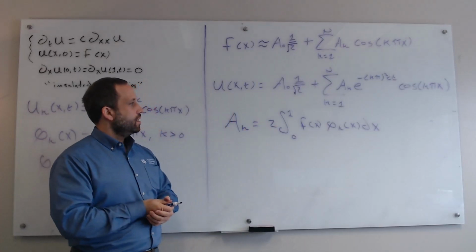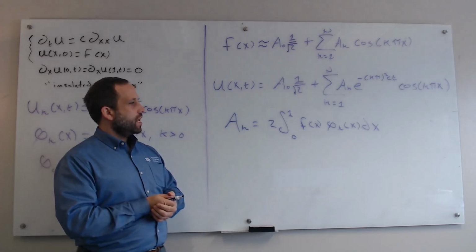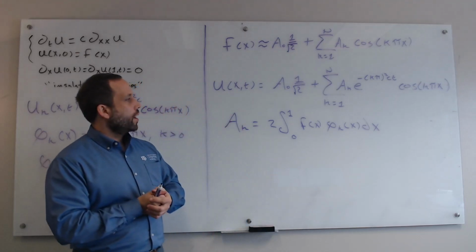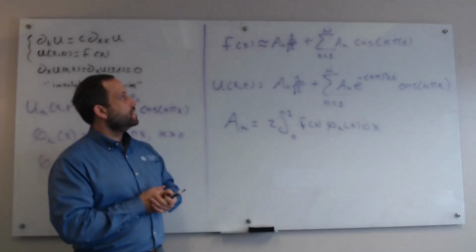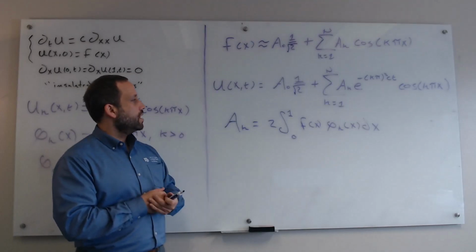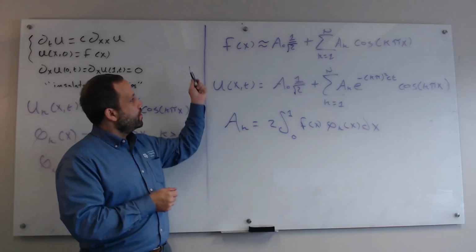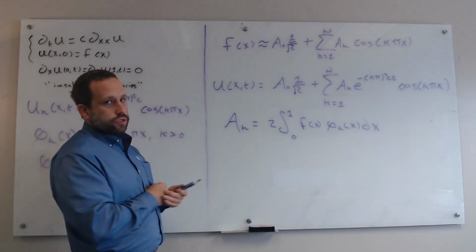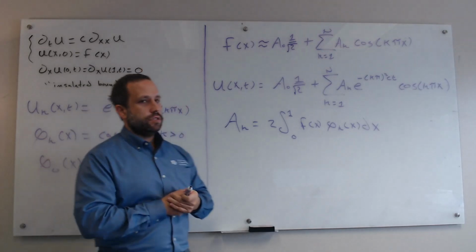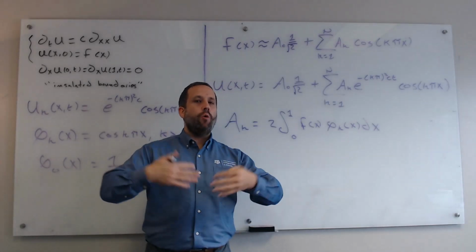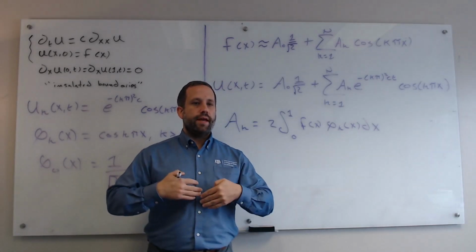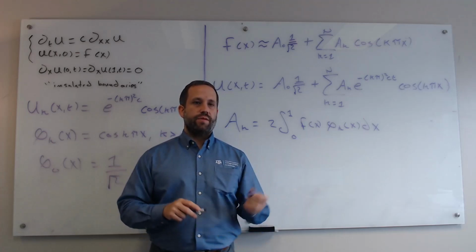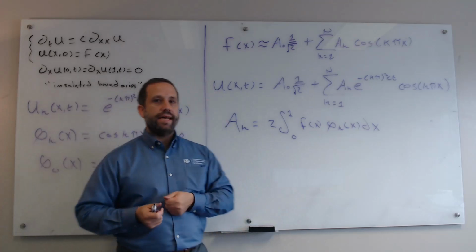So what this tells us is that if we have a formula for f of x, we are able to approximate it as a linear combination of cosine functions with these as the coefficients, and then this solution gives us an exact solution to the PDE, an exact solution to the boundary conditions, and an approximate solution to the initial condition. Just how good an approximation that is, and in what sense it can be made an equality, we are going to explore in coming lectures. But for now, we'll take this as good enough for what we need to